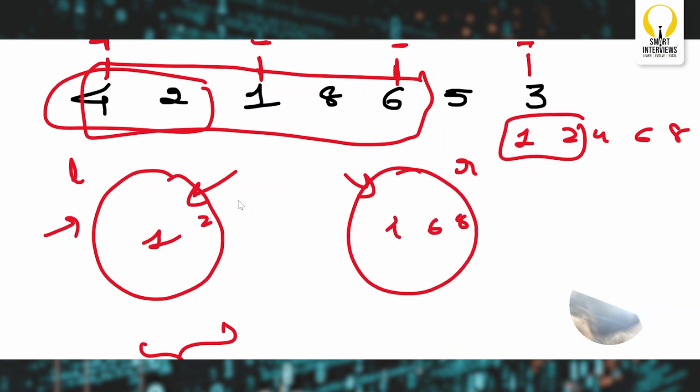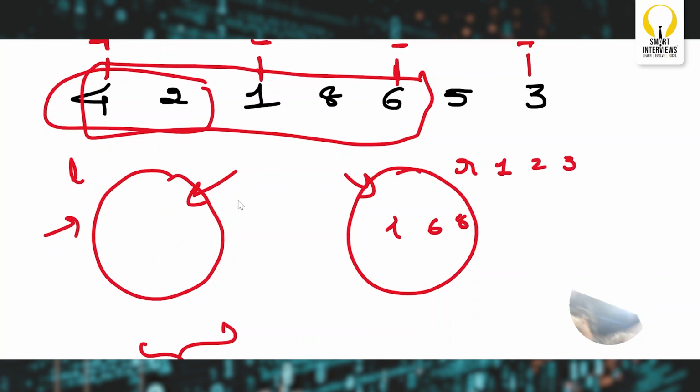Okay. For that particular range, I'm considering the sorted thing for that range. So if it is sorted, what should I be having on the left part? What should I be having on the right part? In the same way, if I have explored till here, the elements